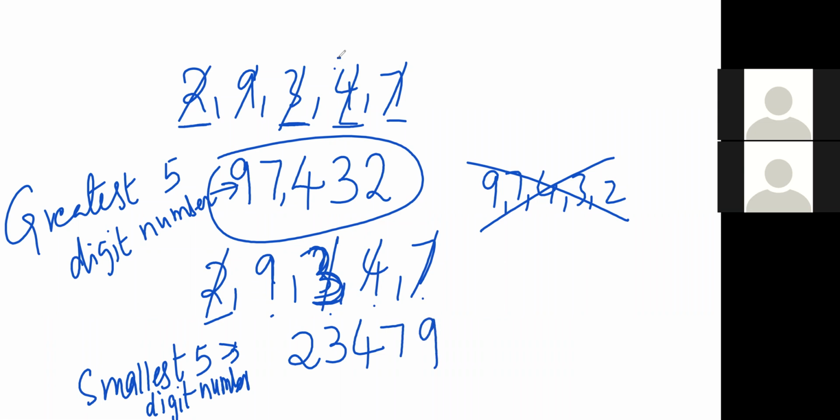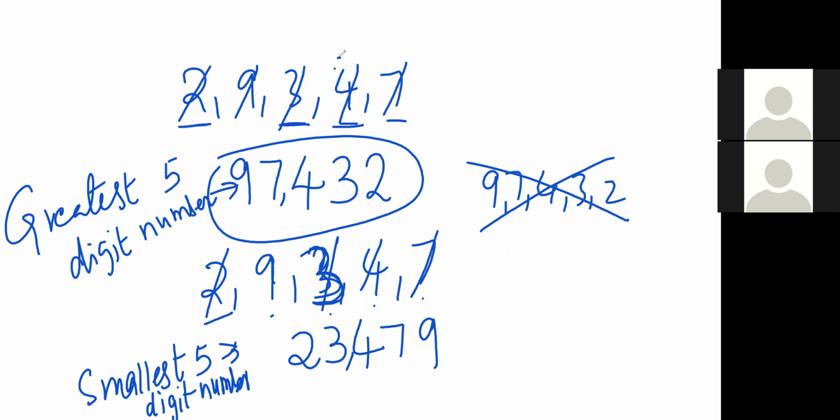That means we are going from least to highest, ascending order. If you want to create a smallest 5-digit number or 6 or 7-digit number, you should follow the ascending order. To form a greatest 5-digit number or 6-digit number or whatever it may be, you should follow the descending order. Got it? So here, if you form a smallest 5-digit number, what did you get? You arranged 2, 3, 4, 7, 9 in this manner. Now you separate the ones period and thousands period by 1 comma only. So what is the answer you got here?